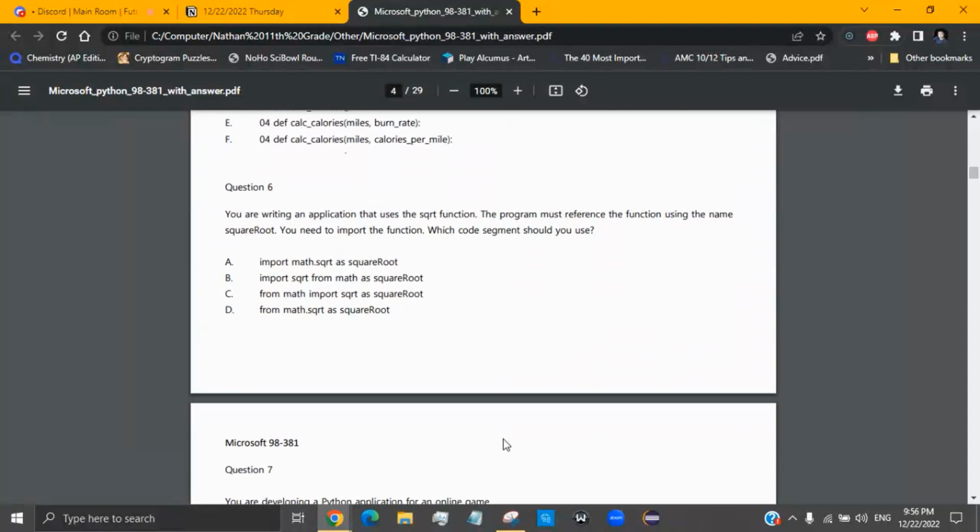All right, so up next we got question 6. It's a short question. So we're writing an application that uses the square root function. The program must reference the function using the name square root. You need to import the function, and which code segment should you use? So this is just like testing your